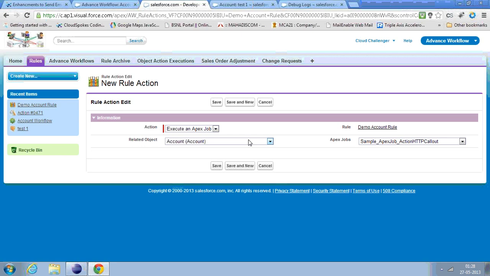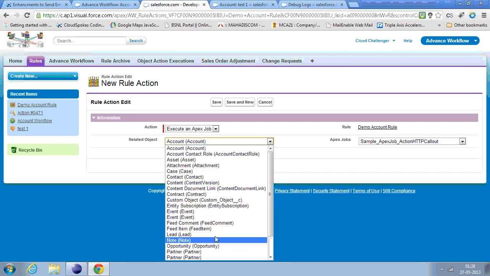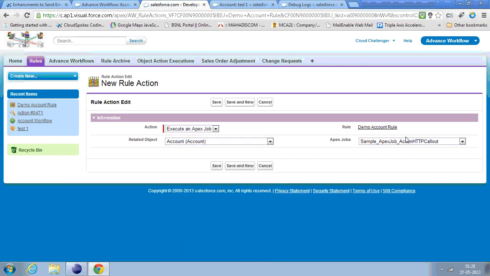Now the requirement says that we should be able to validate when the user saves the Apex job. What I have done is, instead of validating after the user hits save, I am not showing the classes which do not reference the object for which the rule is defined. If it is defined for account, and the implemented class returns account or any related object API name, that class would be shown here. So here we are able to see 4 classes, but